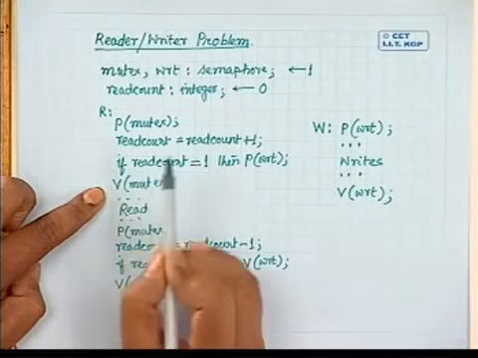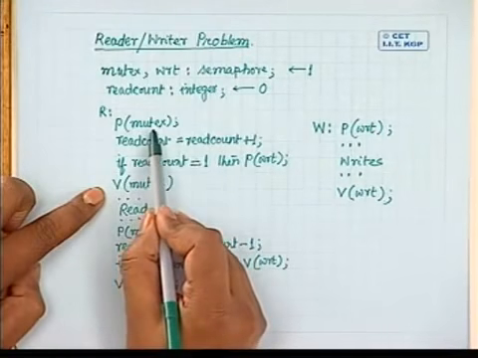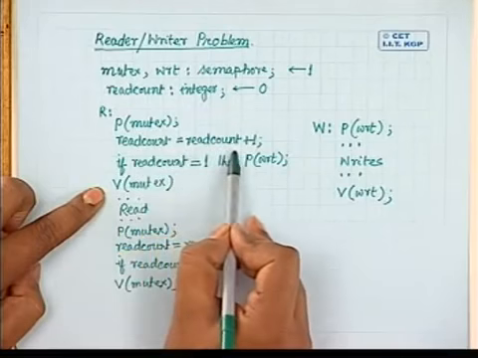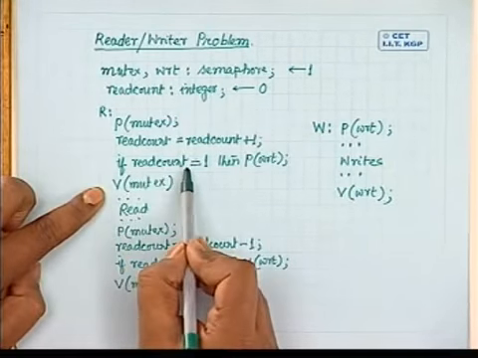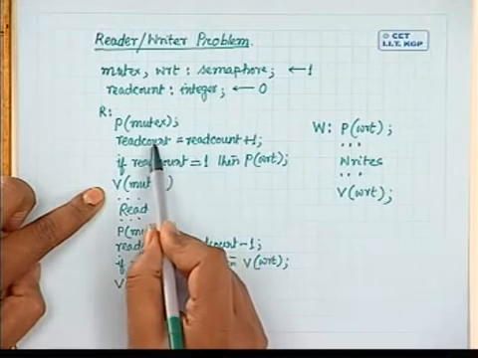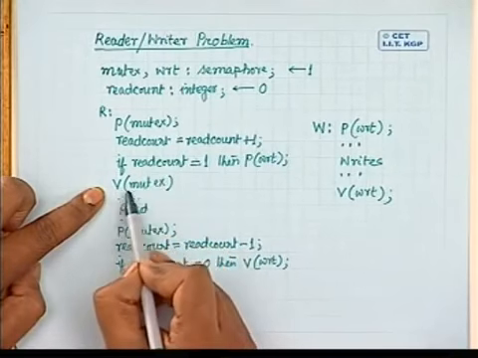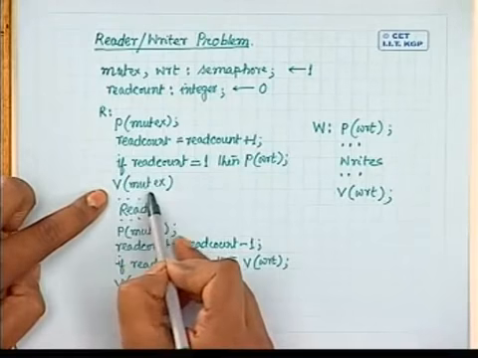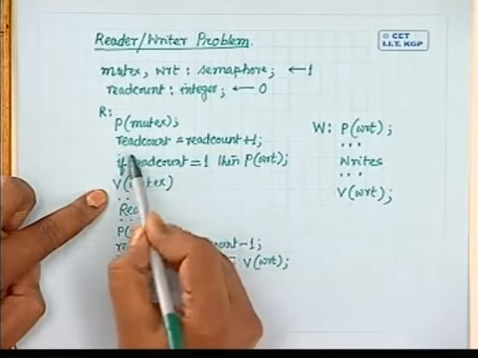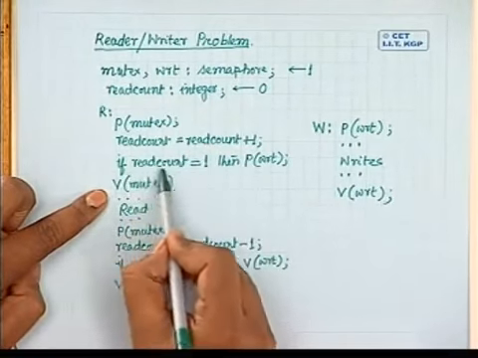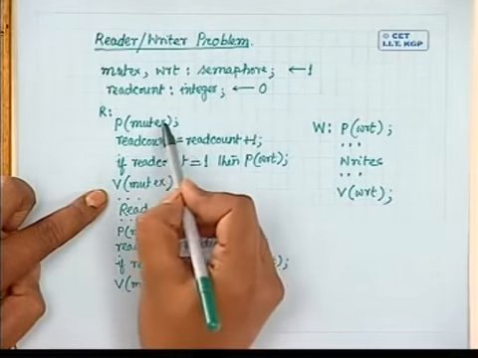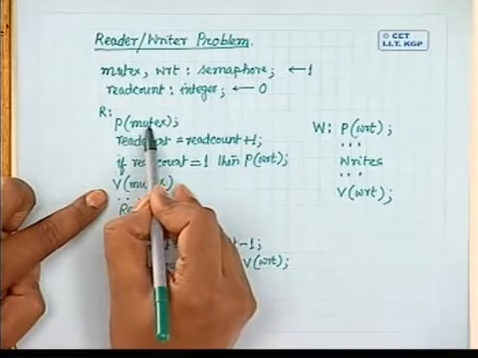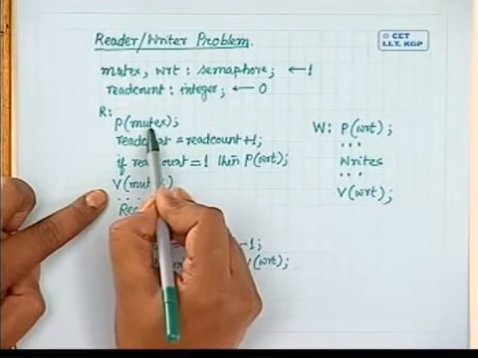So, the first reader process, after performing p mutex operation, will try to modify this read count and perform this if statement. Before it performs this v mutex operation, no other reader process will be able to modify read count or execute this if statement, because they will be locked out by this p mutex operation,